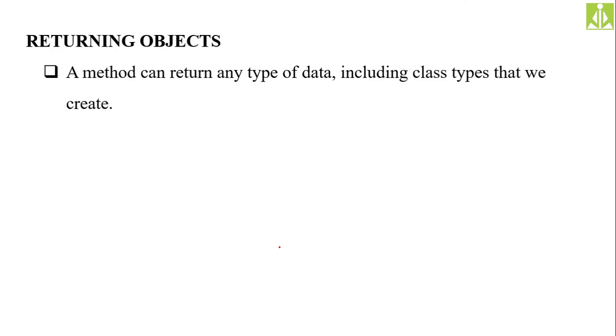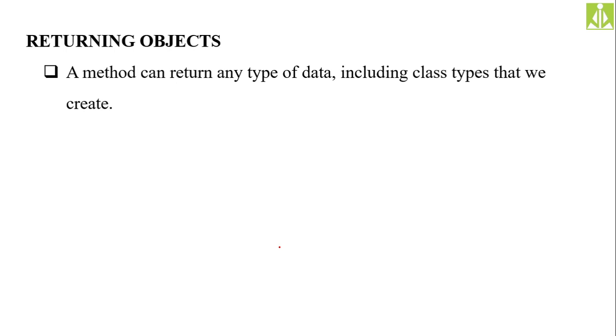So returning objects from methods. Objects are no different than your normal data. Okay, so objects can also be treated as regular data types only. Because an object is nothing but an element of a class. It is an element of class type. So when it has a data type, a reference, and some memory associated with it, it can also be treated like a regular data type element.